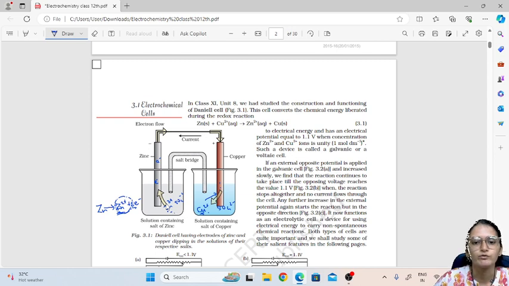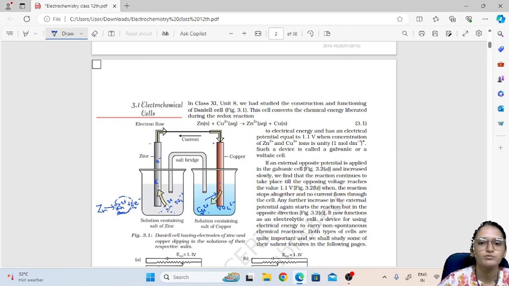So along with them we will have these ions, that is zinc 2 plus ions, which are formed after losing the electron. So those ions will combine in this solution, and we have excess of zinc 2 plus ion in this beaker, and we have excess of SO4 2 minus ion in the second beaker. Now what will happen, since they have excess of positive charge on one side and excess of negative charge on the other side, there will be no balance between them. And at one point will come, at that point the reaction will stop.